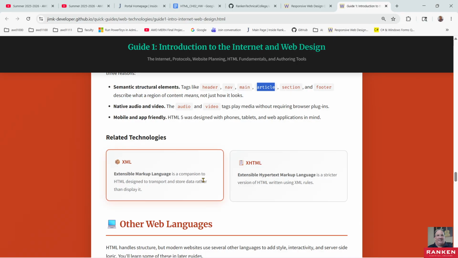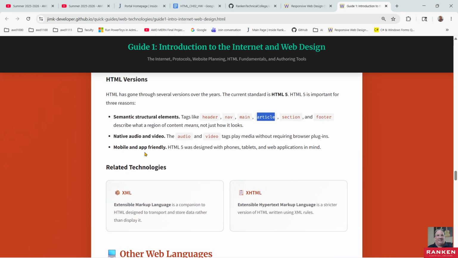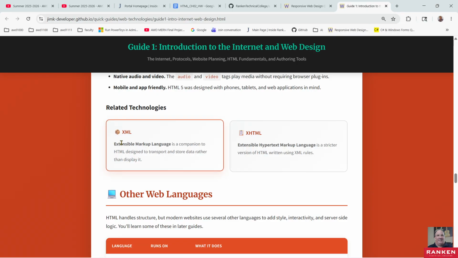That can be used without having browser plugins. Mobile app friendly. HTML was designed with phones and tablets in mind. I already mentioned XML, which is an extensible markup language, and it's a companion to HTML designed to transport. This is more about data storage. XML tags aren't generally used for